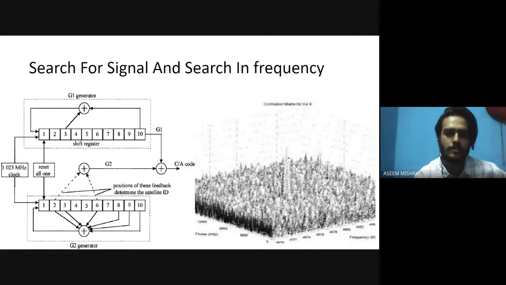The first step of the search is to use stored almanac data to obtain an estimate of the Doppler shift of the satellite signal. An interval of f1 and f2 of frequencies to be searched is then established. The center of the interval is located at fc plus fd, where fc is the L1 or L2 frequency and fd is the established carrier Doppler shift. The frequency search is conducted in n discrete frequency steps that cover the entire search interval, where delta f is the spacing between adjacent frequencies.